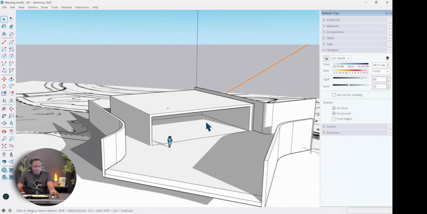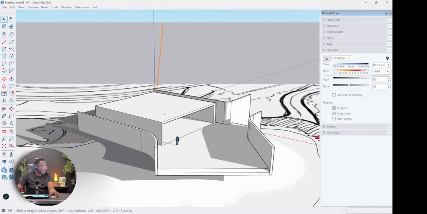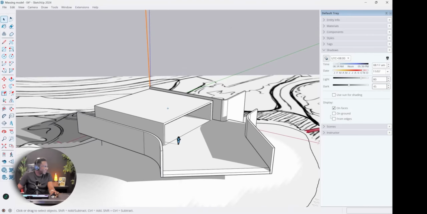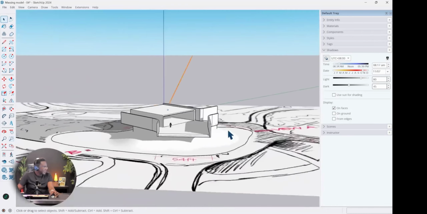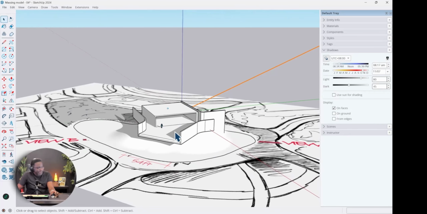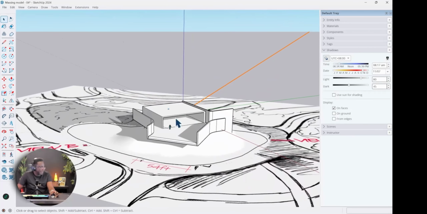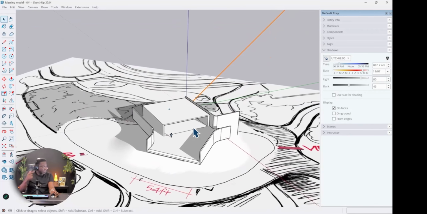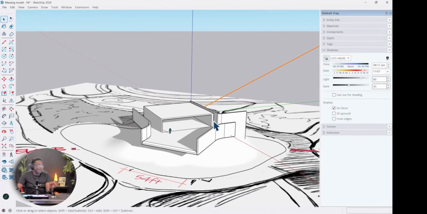So that is some really useful information when it comes to working out your designs. And this is why we do solar studies. So we want to turn off this option here that says on the ground, so that we will only get our shadows on the ground. Now, in our project, this is the main area that we are concerned about as it relates to lighting, because this is our main museum space. So this is what we would use as the proof of concept. So at this pre-design stage, we have already determined, using this massing model and moving forward with this design, we have an idea of what our natural lighting situation will be in the most important space of the building.